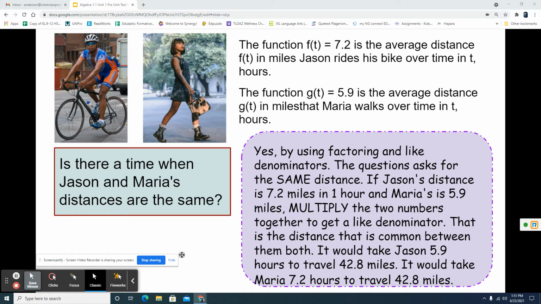If Jason's distance is 7.2 miles in an hour and Maria's is 5.9 miles, you can multiply the two numbers together to get a like denominator. That is the distance, the first distance that will be in common between them both. It would take Jason 5.9 hours to hit that distance of 42.8 miles, while it would take Maria 7.2 hours to travel 42.8 miles. Now, the question is quite nebulous